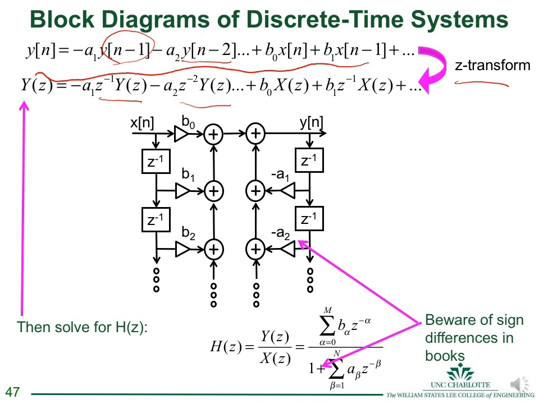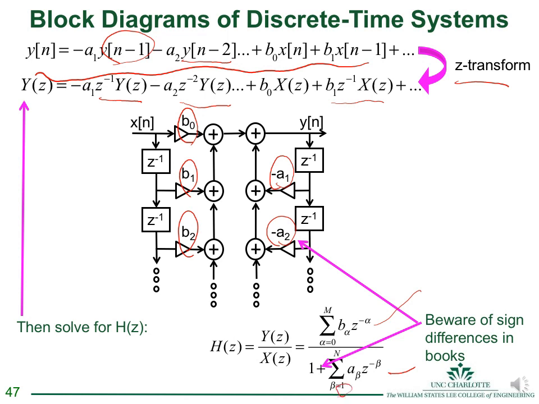And so in general, if we have a larger polynomial than the example we had before, the numerator will be the sum of the b's, coefficient b sub alpha times z to the minus alpha. And so those b's are b0, b1, b2. And then on the denominator, we'll have the coefficients a1, a2. This sum is from 1 to n. The sum of the b's is from 0 to n, where again,